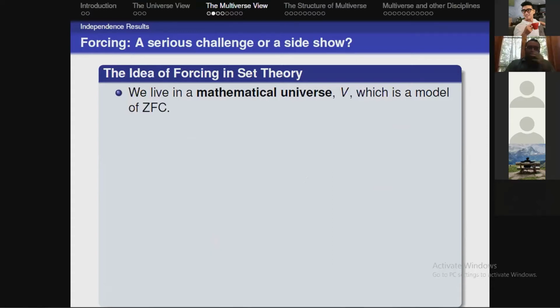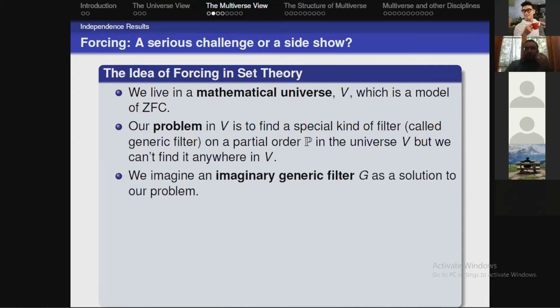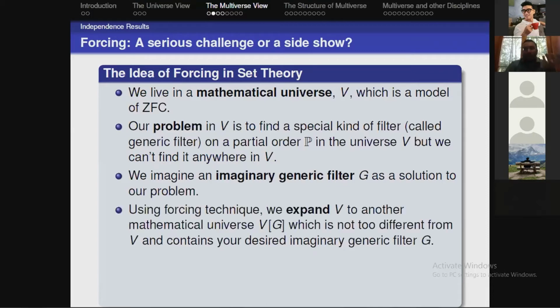So in a mathematical universe, V is a model of ZFC, and you have a problem there. Your problem is to find a special kind of filter, called a generic filter, on a partial order P in the universe V. You cannot find it anywhere in V. So you have a partial order P in V, you can understand P, you can understand the notion of a generic filter, all is familiar for you, but you cannot find the filter itself in your universe. You imagine this generic filter to be G as a solution to your problem, and then expand your universe V